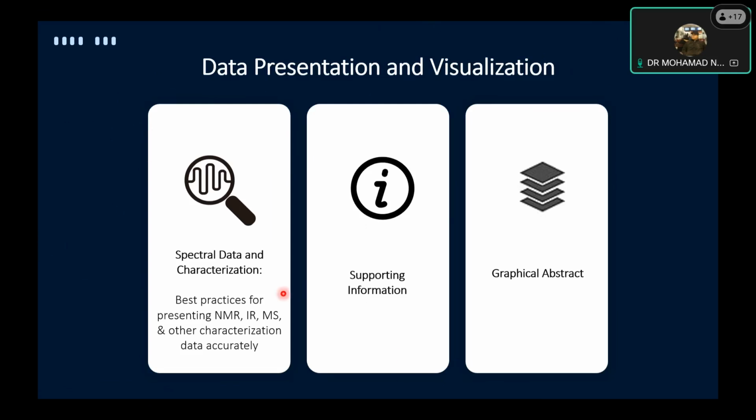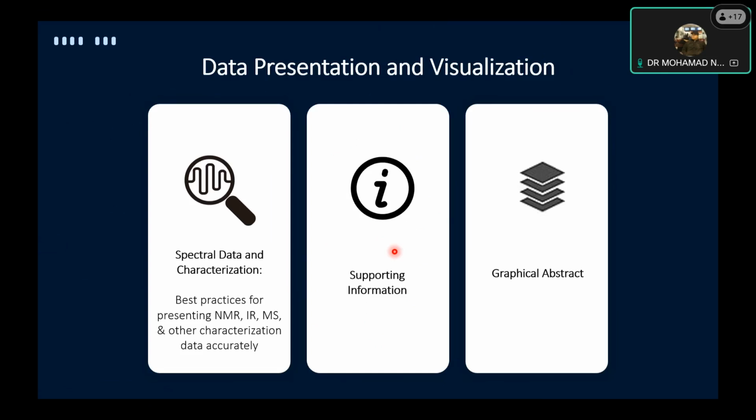The second one is supporting information. For example, if we do some synthesis and along the process they have intermediates, and the intermediate is a known compound, we have to refer to the supporting information provided by the reported journal. So supporting information is very important. For example, last night I was trying to analyze Abdul Malik's spectra, and I'm not sure if the reaction is working or not, but I have to read the supporting information from that particular group again because the intermediate synthesized by Abdul Malik is a known compound.